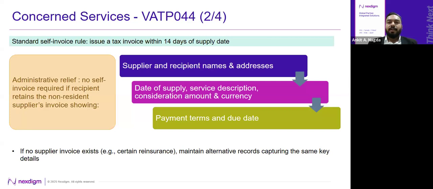Now, if there is a mandate to issue a tax invoice as per UAE VAT law, all the provisions applicable for issuing a tax invoice in relation to a supply have to be followed. So I'm just quickly giving a few pointers, a few checkpoints which have to be followed while you are looking at this. From the date of supply, the tax invoice or the self-tax invoice has to be issued within 14 days. All the prescribed particulars for a tax invoice have to be followed, like the name, address, and TRN,